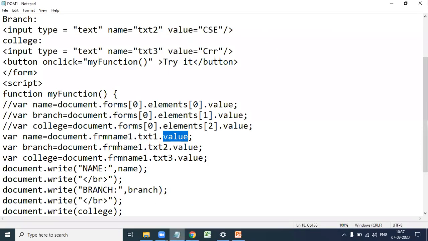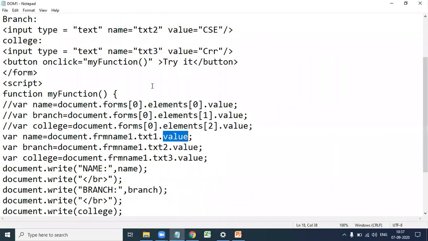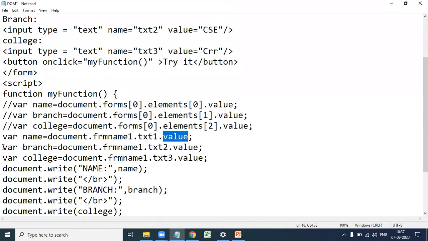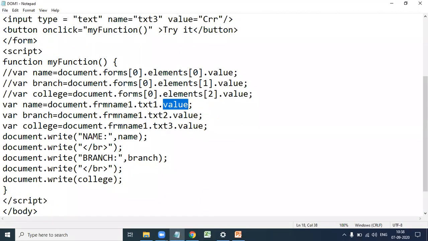So these are the two methods to access the element in the HTML from JavaScript. Here in JavaScript, we write the code for accessing the element in the HTML.